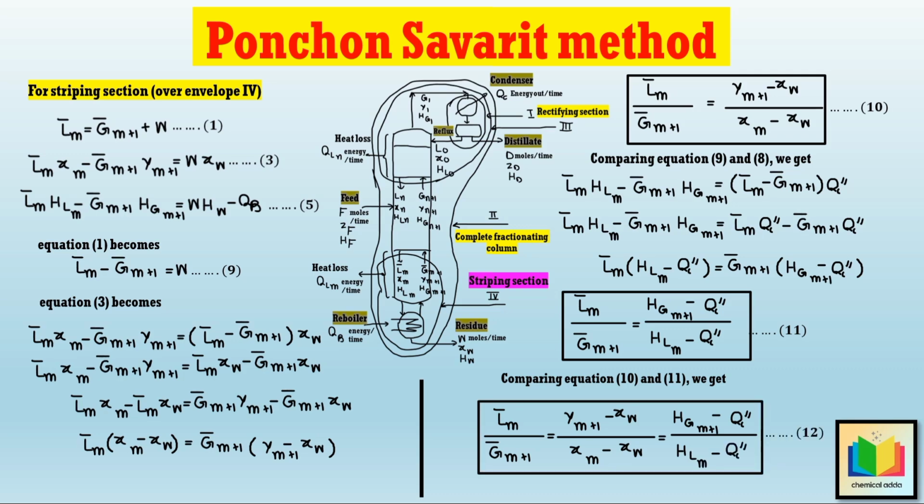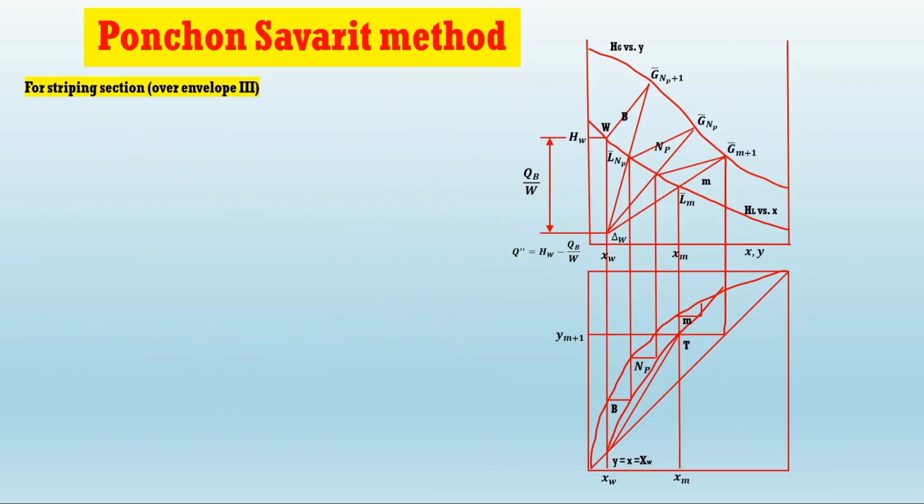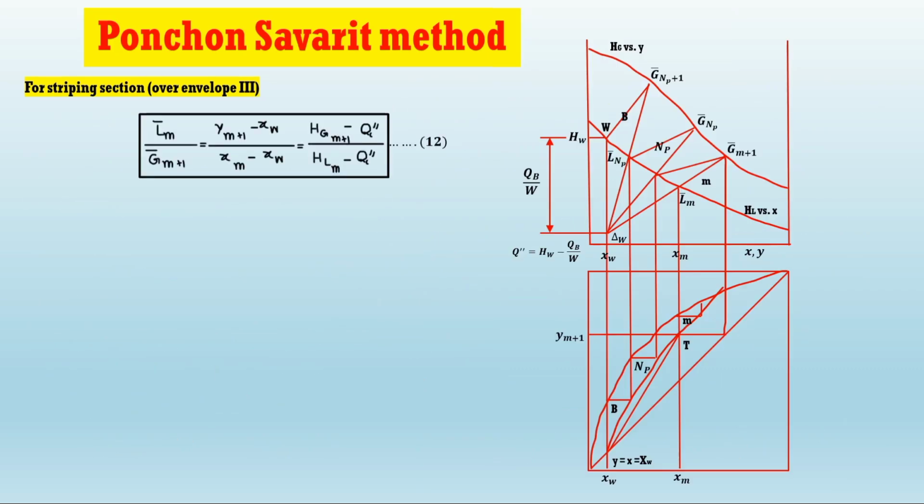Hence from the material and energy balance equation, we get the equation for L'm divided by G'm+1. So this equation shows the equation for a straight line on the HXY, that is enthalpy, and XY, that is composition diagram. Such that, on the enthalpy diagram, this equation shows a straight line which passes through the points HGm+1, Ym+1 at G'm+1,